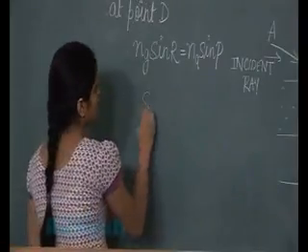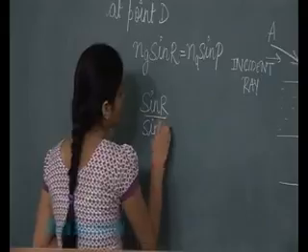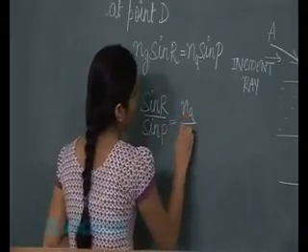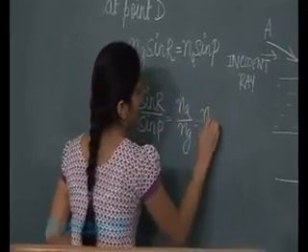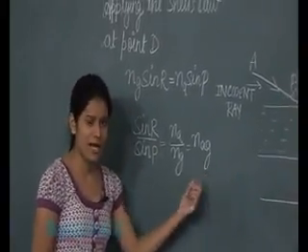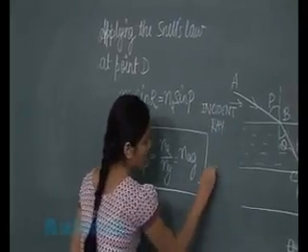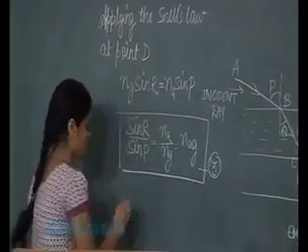From this we get sin R by sin P is equal to Na by Ng, which is Nag, the refractive index of air with respect to glass. So student, we will mark this equation as equation 3, where Nag